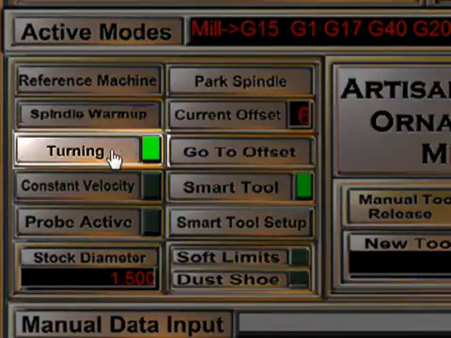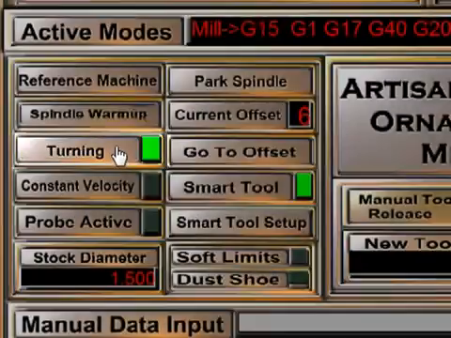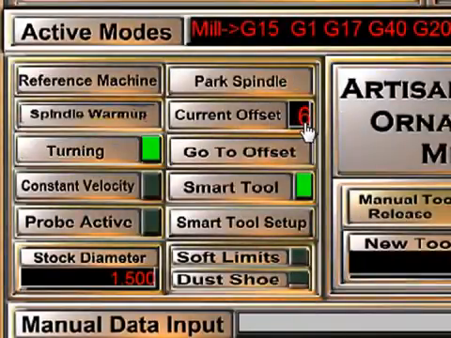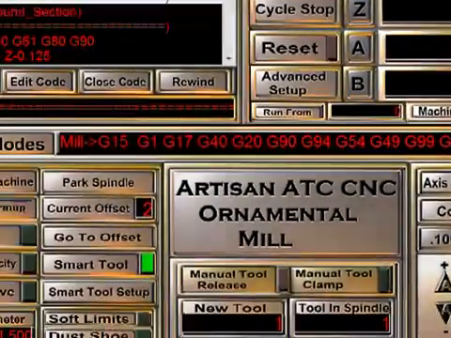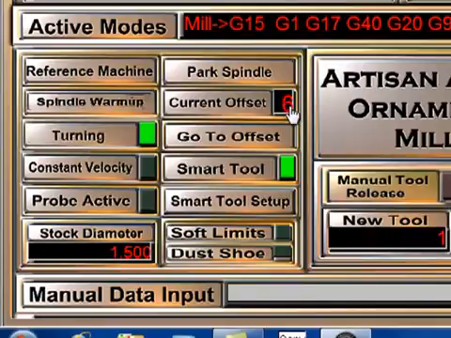Now this button here will let you switch back and forth between turning between centers and working on flat stock. When you click the button, the current offset will change to number 6 when we're turning between centers, and back to number 1 if we're working on flat stock. It is possible to click in this field and enter in a number and press enter. And now we are working on offset number 2. If you click on the turning, it'll switch to 6 and then back to number 1 again. This button always toggles between 6 and 1. Any other offset must be manually keyed into this field here.